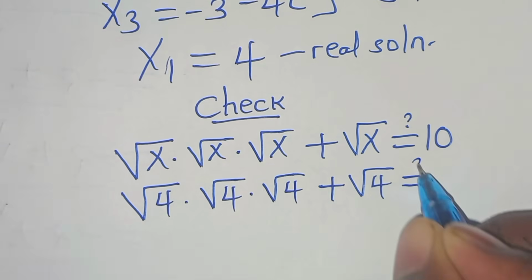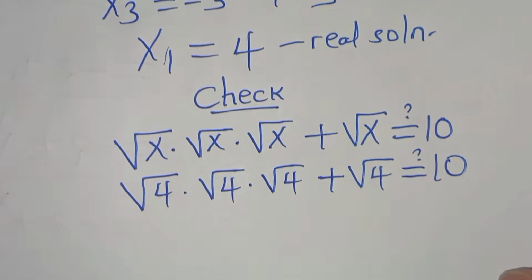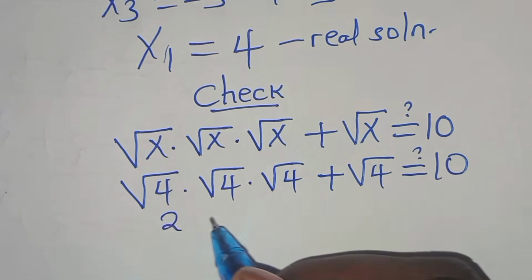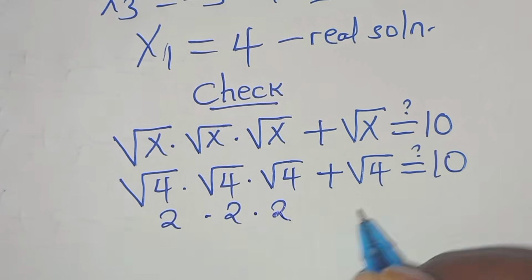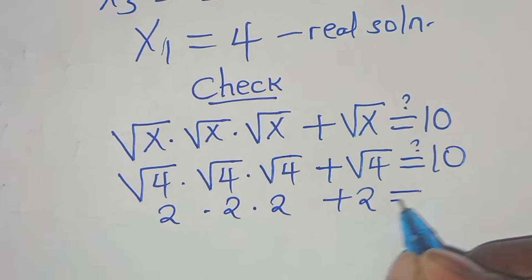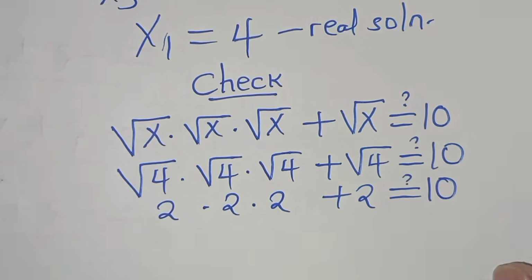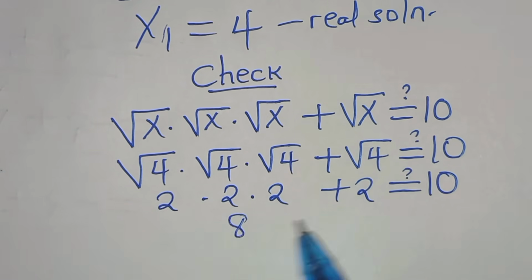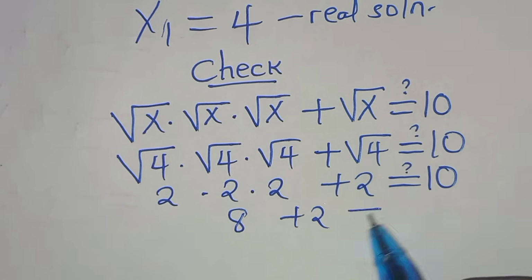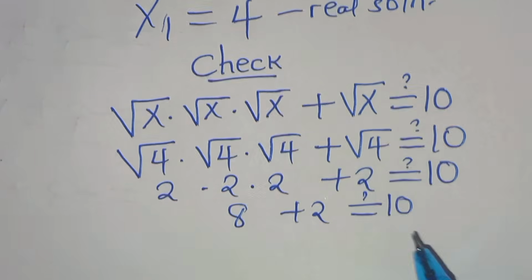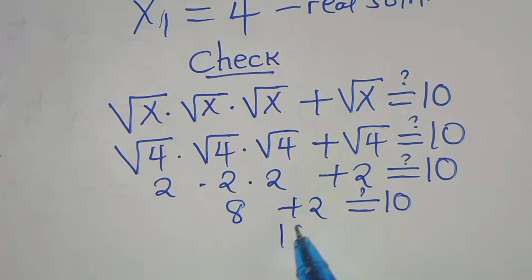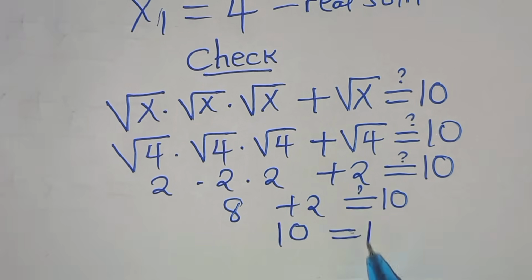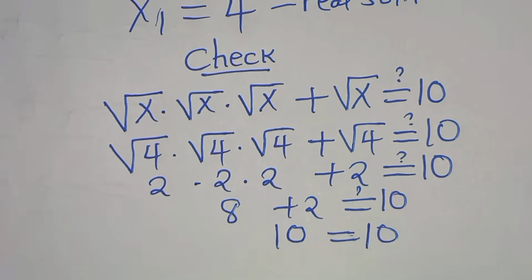So square root of 4, this is 2 times 2 times 2, then plus 2. So we have 2 times 2 times 2, this is 8 plus 2. 8 plus 2 is equal to 10, and this is equal to 10. So we have the left hand side